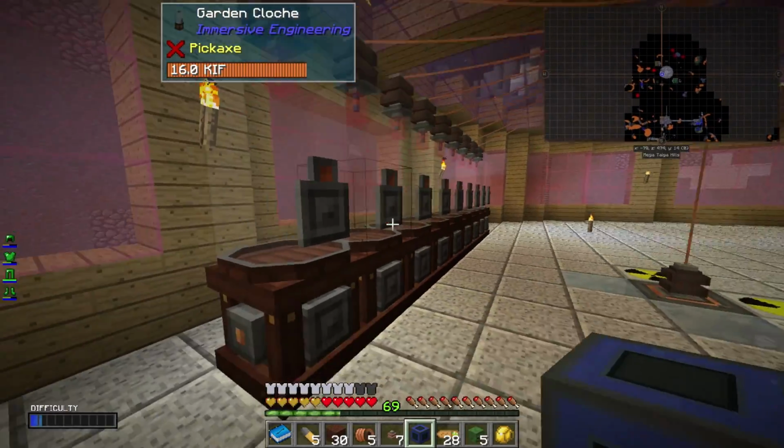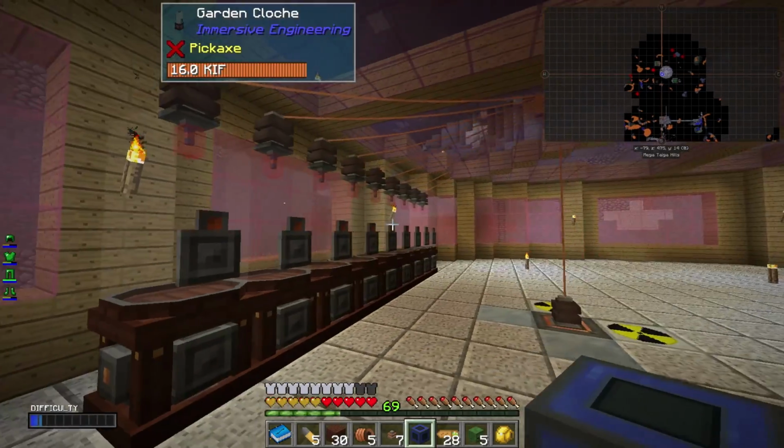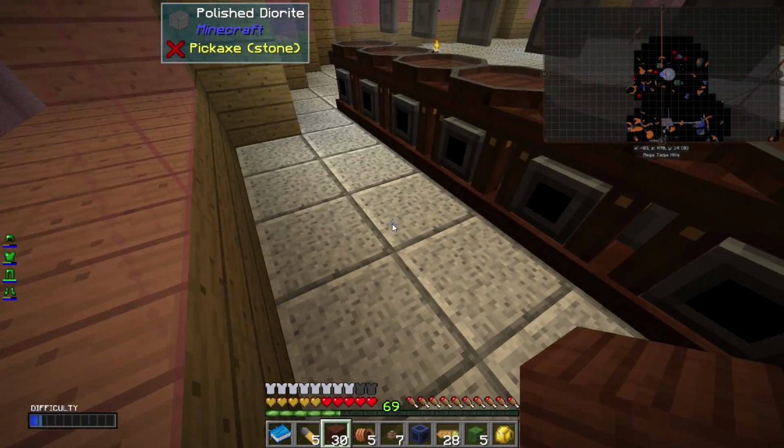What would be the easiest way to hook up this water source? We only have 16 conduit right now. And these are the bad pipes. I could replace them with pressurized later on, but these are...